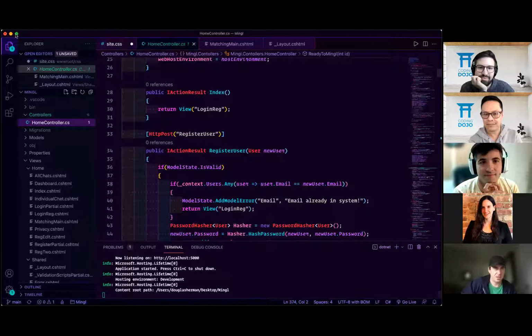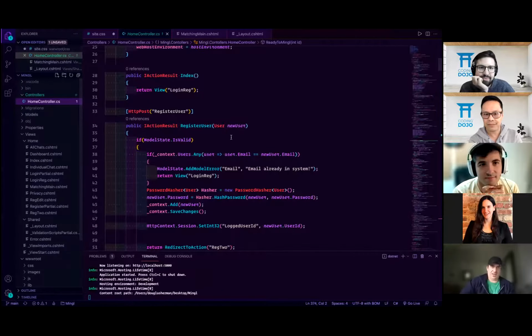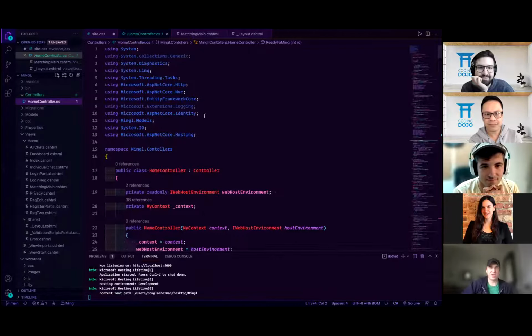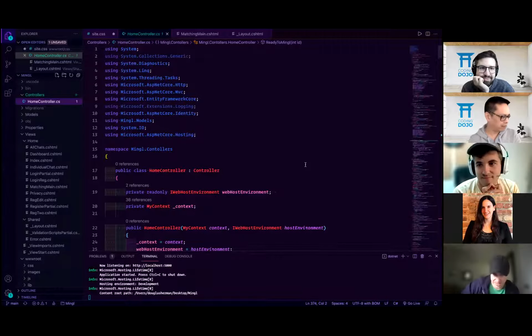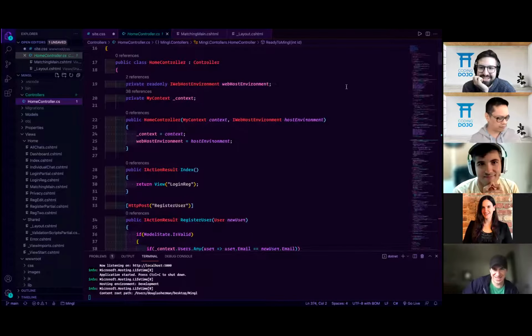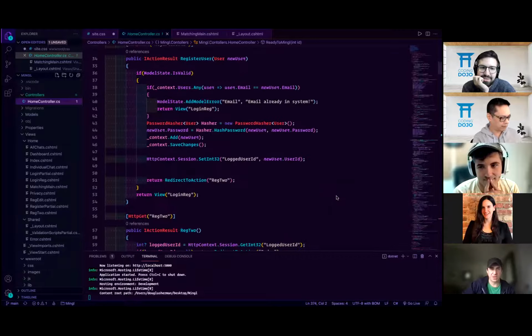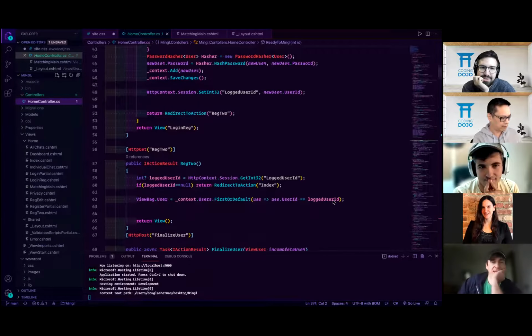Let's see, there it is. So yeah, here's our controller. I think it's at least 300 lines long. There's a ton of stuff in here. It took a lot to get